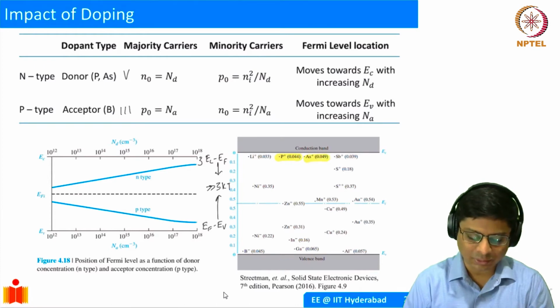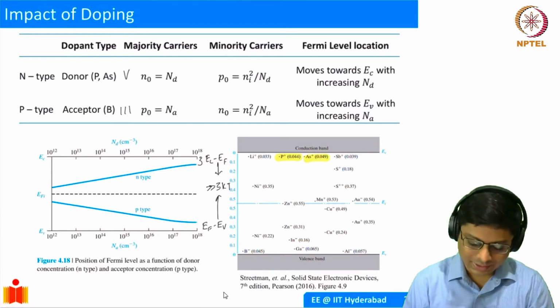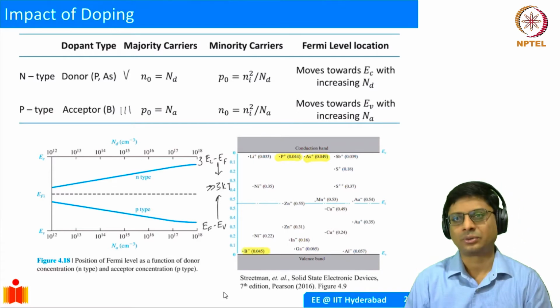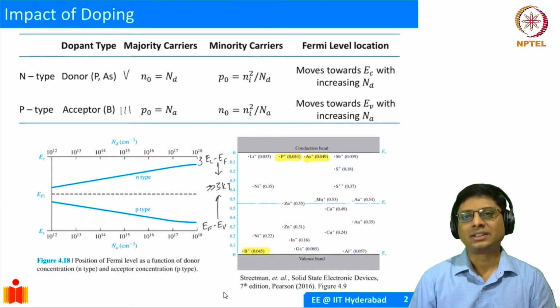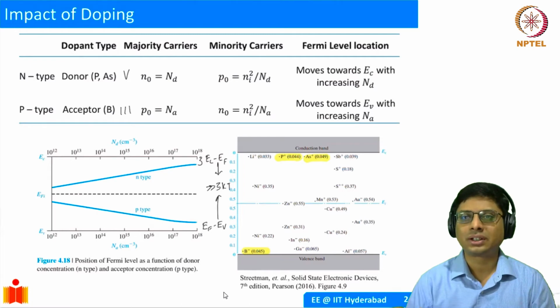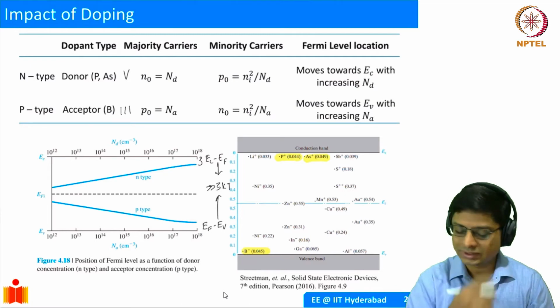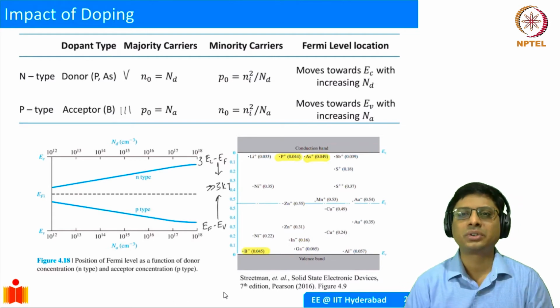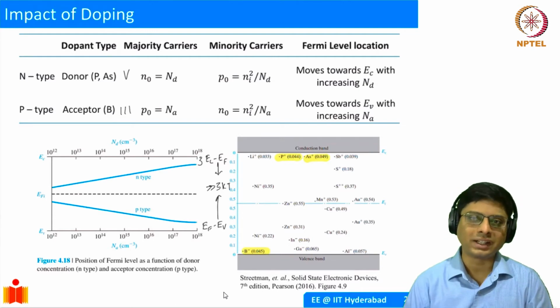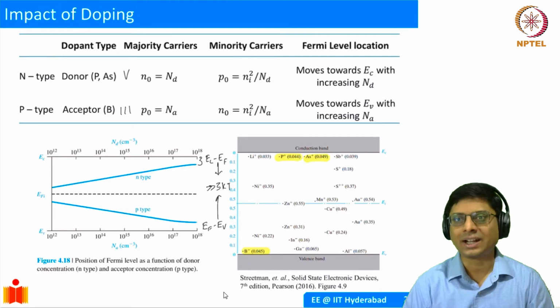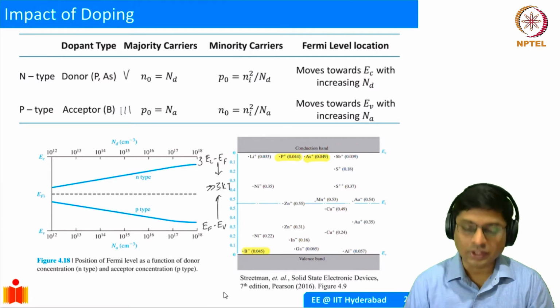Similarly, arsenic has about 50 milli electron volts, and boron has about 45 milli electron volts. So what this tells us is that the energy is quite close to the conduction band. These are ionization energies in silicon lattice. So these three elements have energies which are very close to the conduction and valence bands, and that's why they can be used as acceptors and donors. So why not other elements?